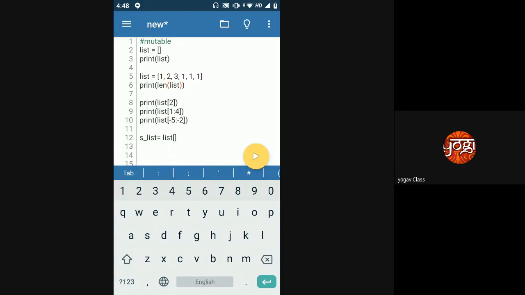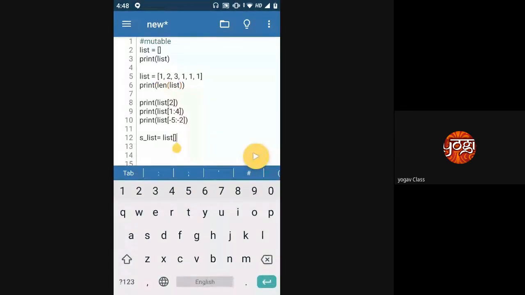From the first element, from this one to the fourth element, which is this fourth one. So what should I put as my starting index? 0. Yeah, great.